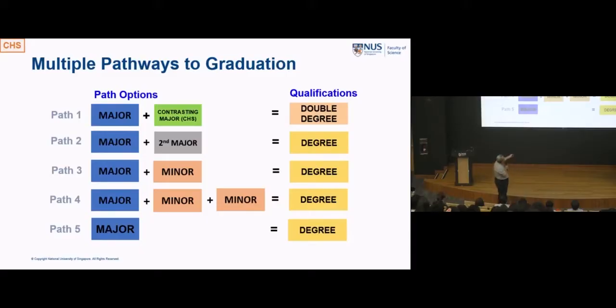If you do that, you can consider a double major or double degree. However, if you don't want it to be a double degree, you could also say, okay, I'll just do a primary major in science and maybe a second major anywhere else. Second major is smaller, yeah?